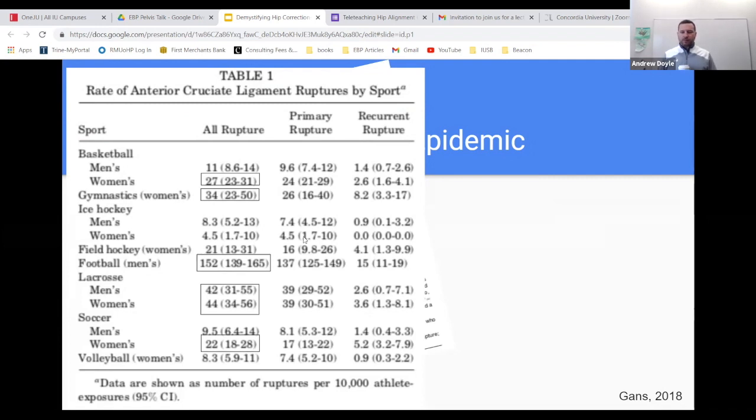Here's women's soccer. So what I want to point out too is these confidence intervals. And these are the confidence intervals of ruptures per 10,000 athlete exposures. Okay, so these are rather large. Look at our recurrent rupture. So when we look at these rate of anterior cruciate ligament ruptures, a higher ratio of recurrent ACL tear in